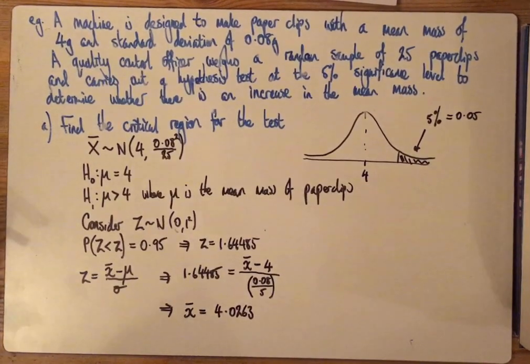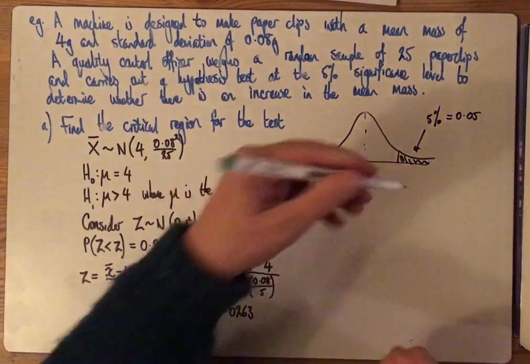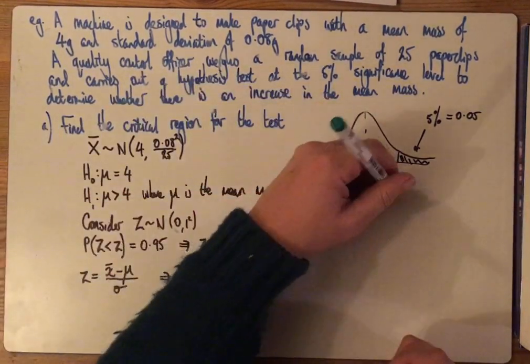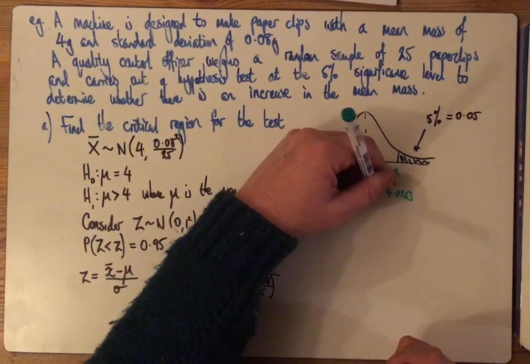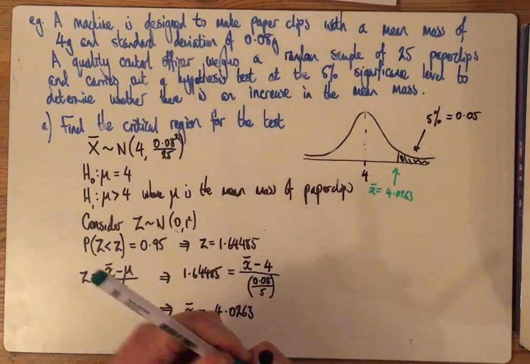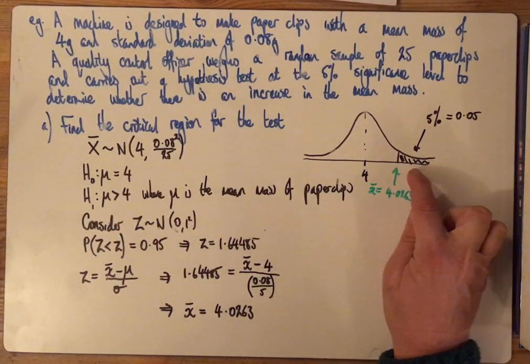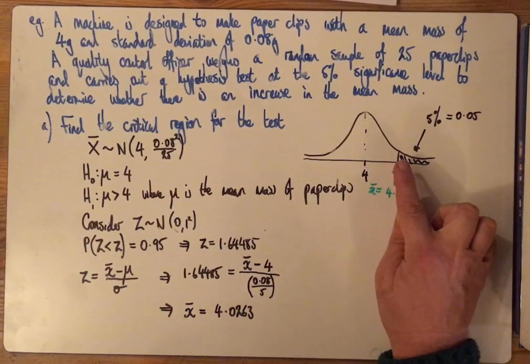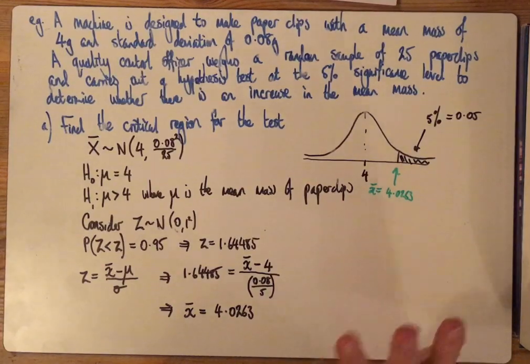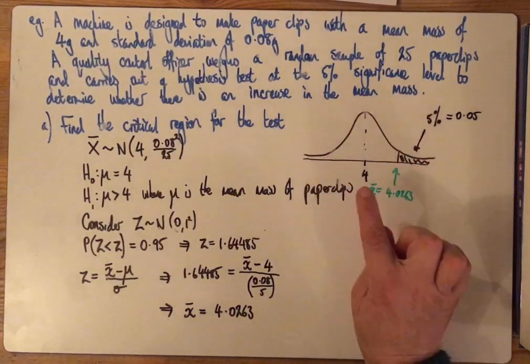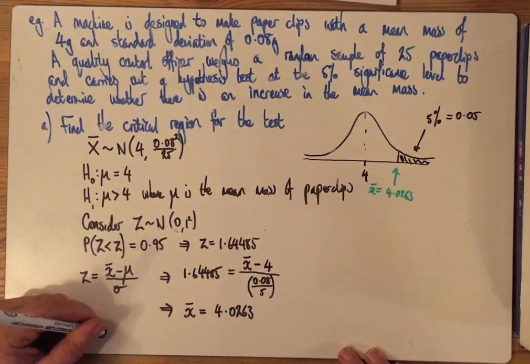And that means that this value here is 4.0263. Anything greater than or equal to 4.0263 will be in the critical region. The probability of having a mean of that size or higher is so low that you go, hang on, I don't think this is the correct distribution. I think the mean is a bit bigger than 4. So critical region